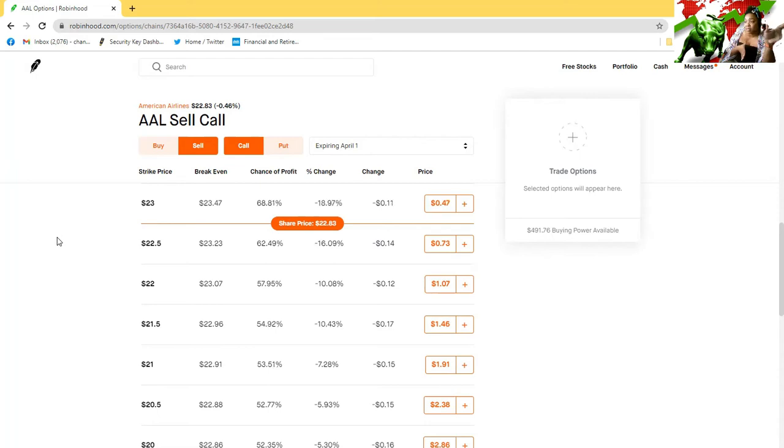I understand the price is going to go down. I understand the price is going to go up, but I think it's just going to either go down or sideways or stay the same, right? So by next week, if I say the price is going to be like, we'll say 21 bucks, right? So if I think the price is going to be about 21 bucks, you, as a call owner, do have the right to sell your stock at a strike price of $21, and you will make $192